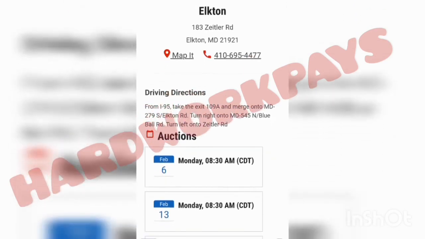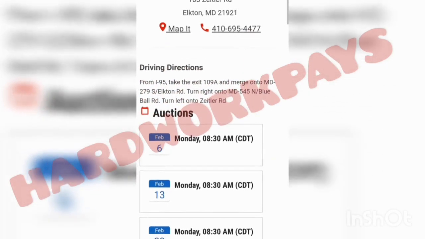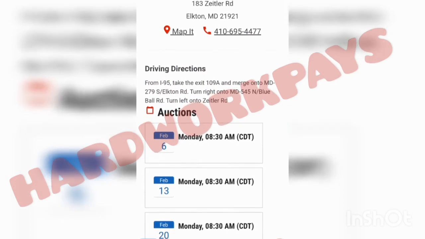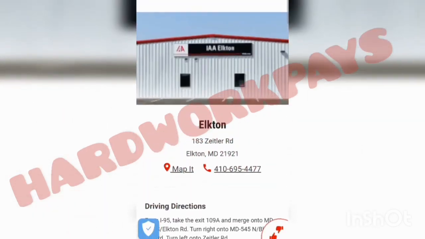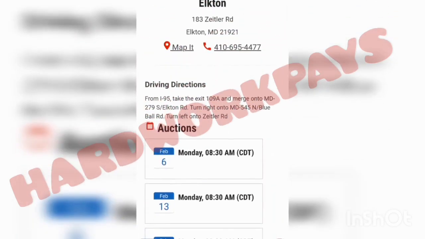is the phone number of the manager. In case you want to talk to the manager, I can talk to the manager. So this is driving direction. You just copy this address: 183 Zitla Road, Elton, MD 21921. Just copy this address and this phone number. Okay,